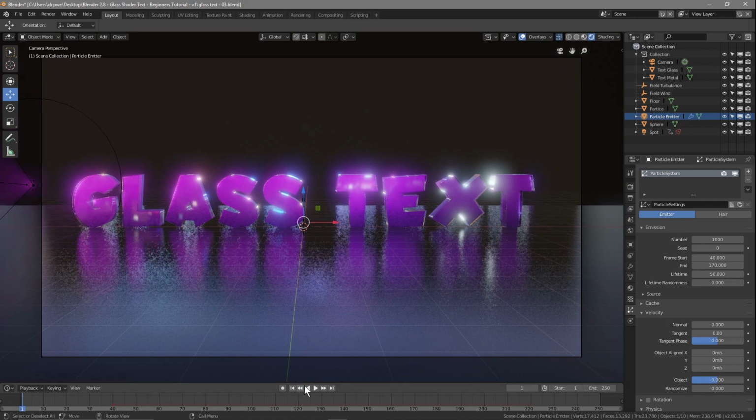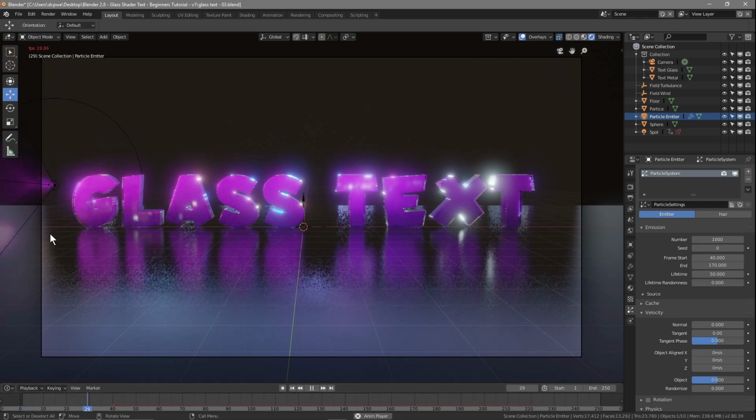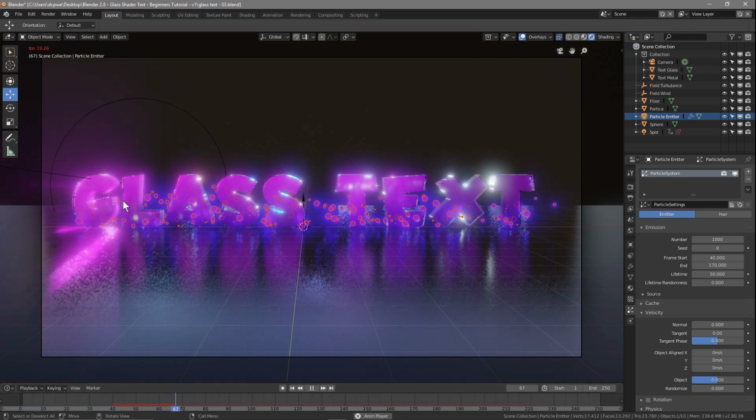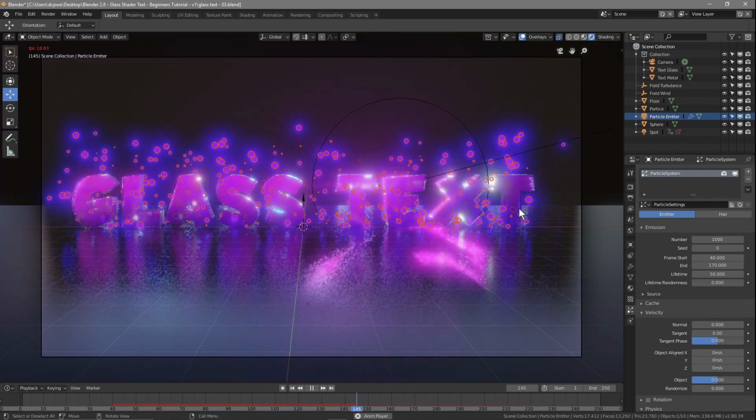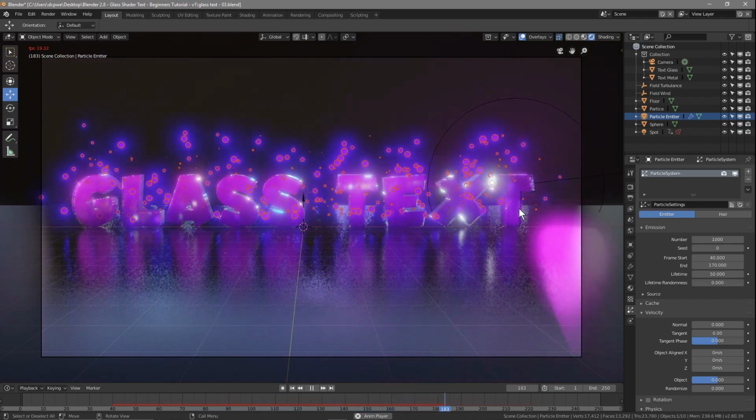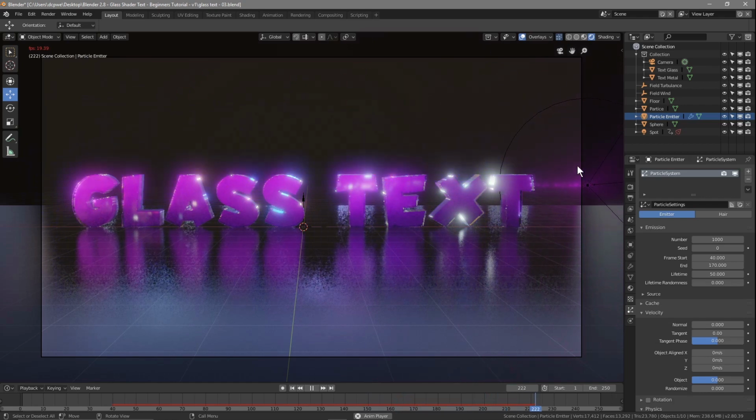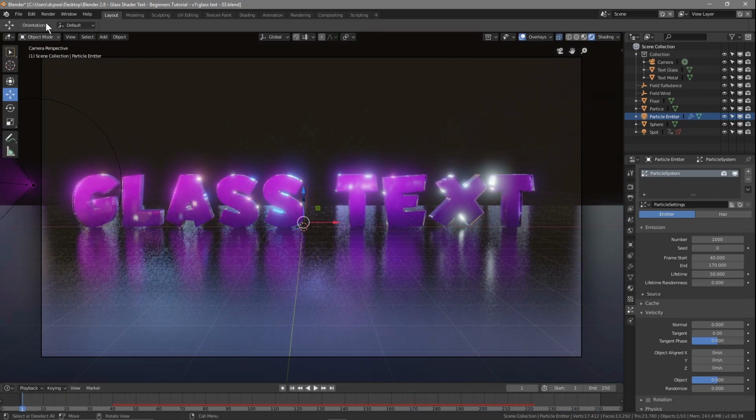So if we go back and click play, the light will start to come in, and as it gets closer to the text, the particles will start to emit. And as it gets across to the other side of the screen, those particles will start to fade out as it gets towards the last frames. Let's go to File Save, and what we want to do is